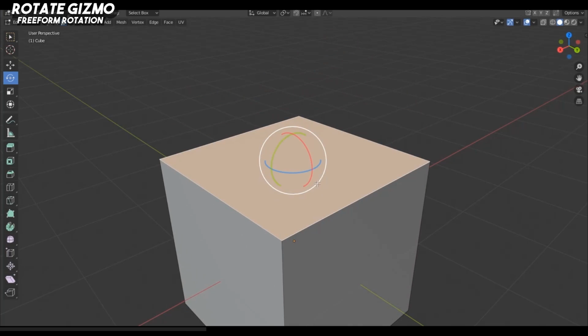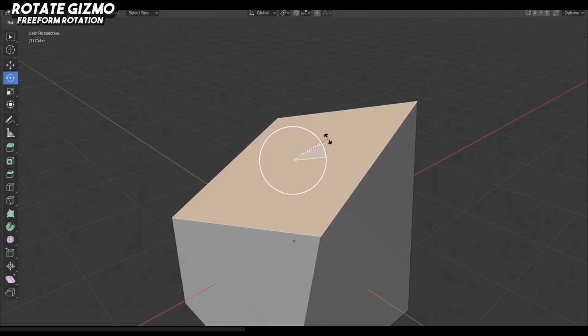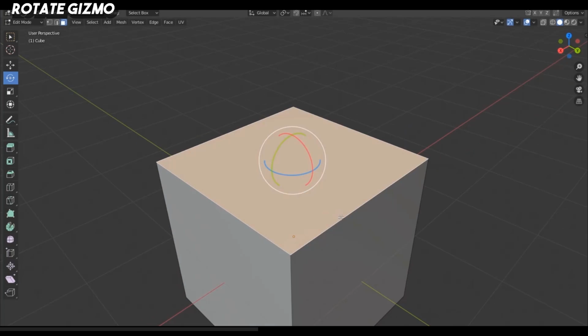Again, this white circle doesn't have the greatest precision, and if you are a complete beginner, I would advise you from not using the white circle too much as of now. And lastly, we have one more rotation option, but you can't really see it just by default. You actually have to hover your mouse over here in the center and you can see this little white sphere